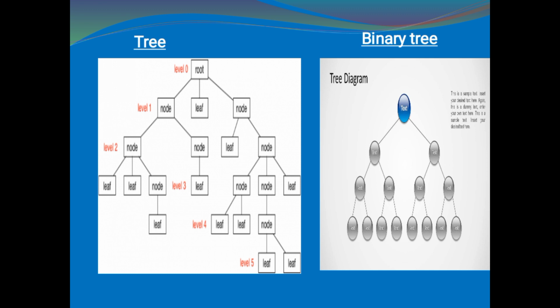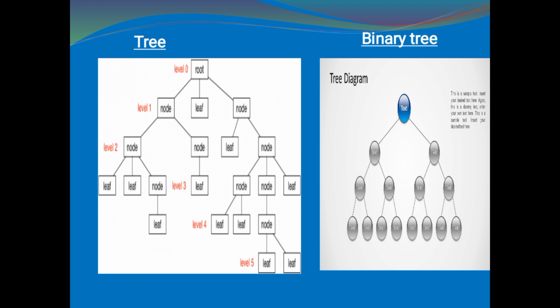A tree is nothing but a collection of nodes or disjoint subtrees. In the left side figure, if you see, it is a tree, that is, a collection of nodes. In any level, that is, in level 0, there will be only one node, that is the root node. At level 1, it may be 2 nodes, 3 nodes, or 4 nodes. Any number of nodes can be in level 1. At level 2 also you can have any number of nodes. Like that, in different levels you may have 1, 2, 3 or many nodes. This is a tree. Okay.